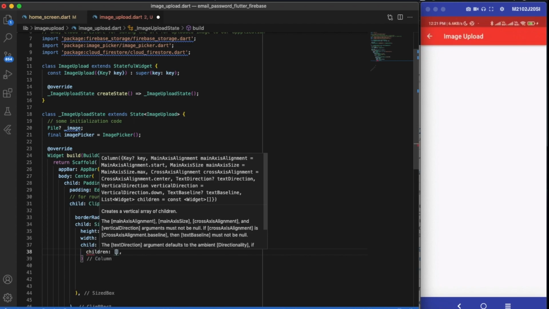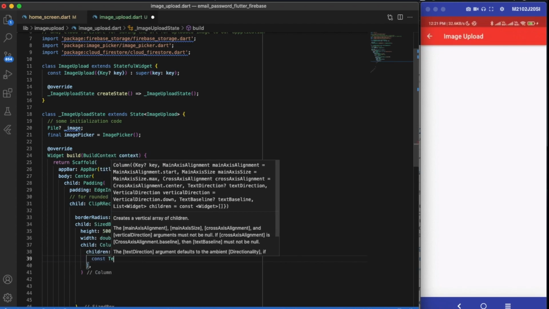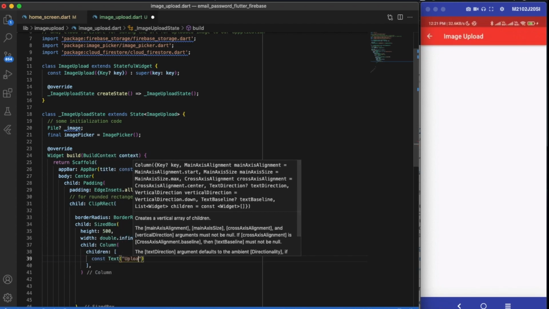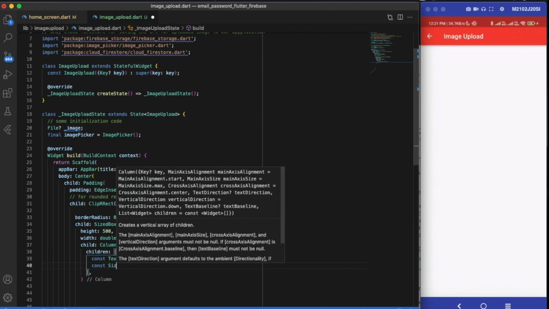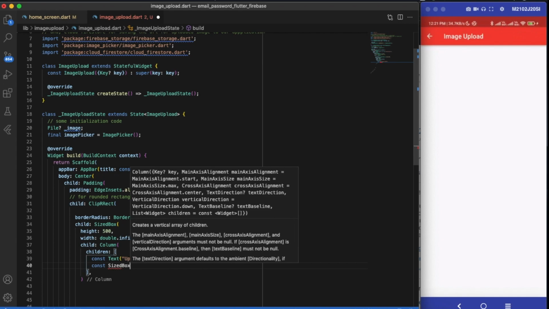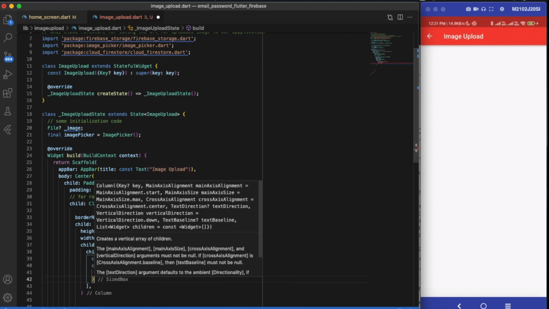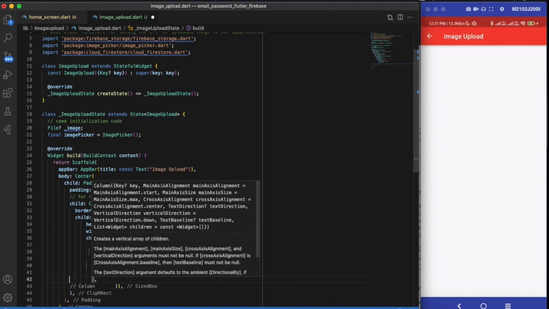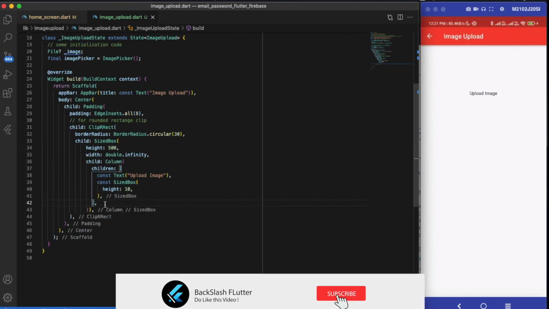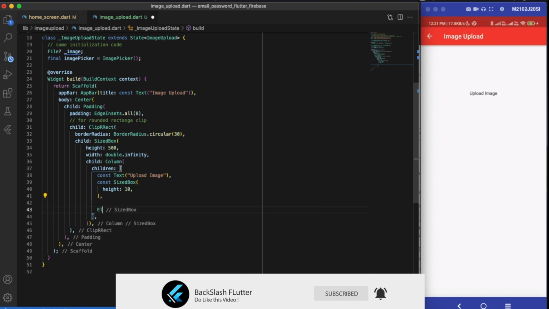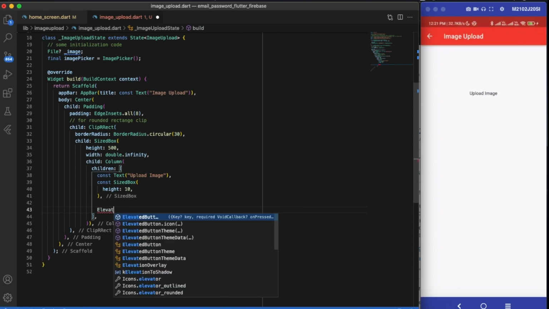And in our column we will have different children. The first child can be our Text, which will be upload image. After that we can have another SizedBox, which will be providing some space between this Text widget and our Expanded. Let me just reload first, and here we will be creating our Expanded widget.